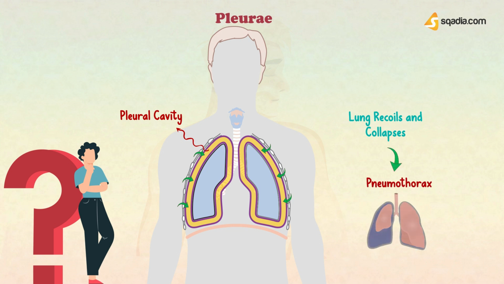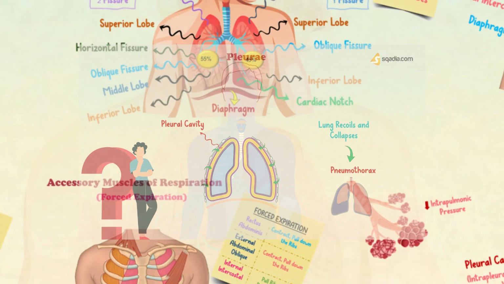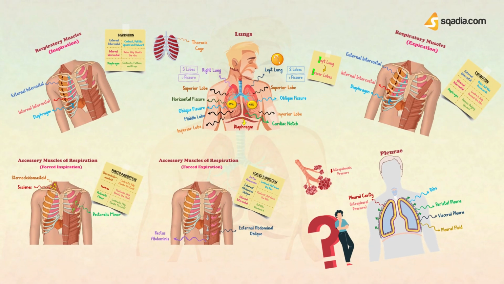Air can also enter the pleural space when a weakened or diseased alveolus ruptures. This causes a disruption in the visceral pleura, and air from the lung enters the pleural cavity, again resulting in a pneumothorax. I hope now you are much clearer about what's happening inside your body each time you breathe in